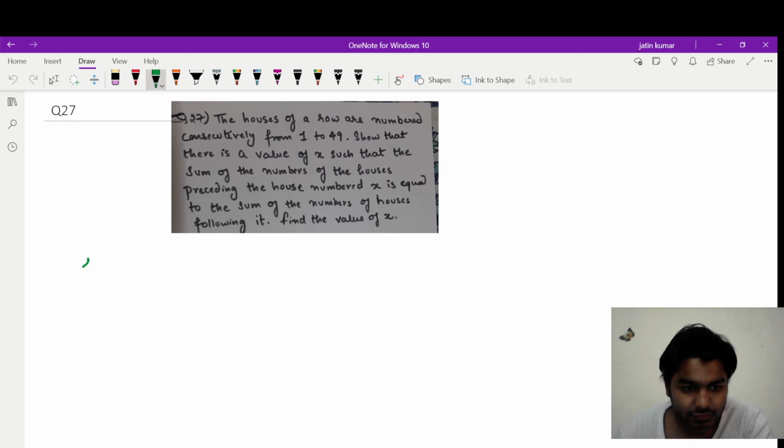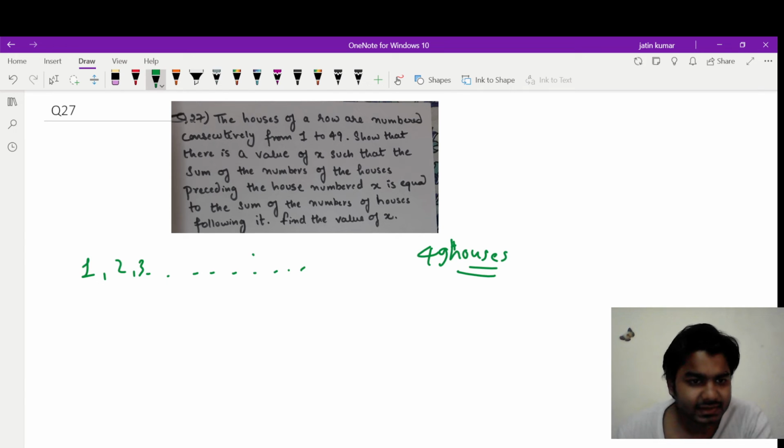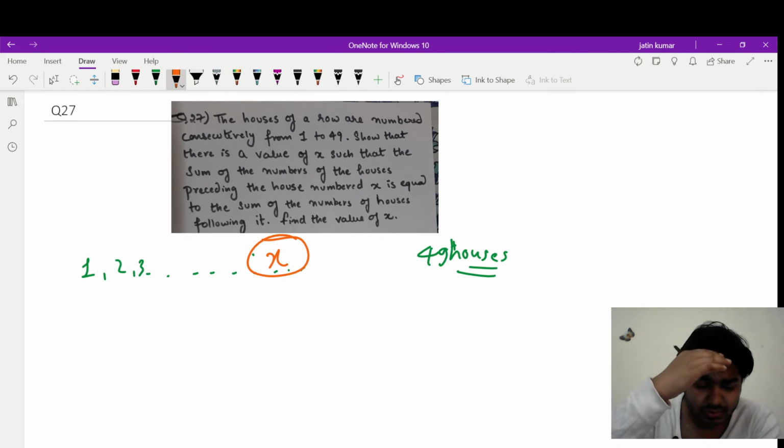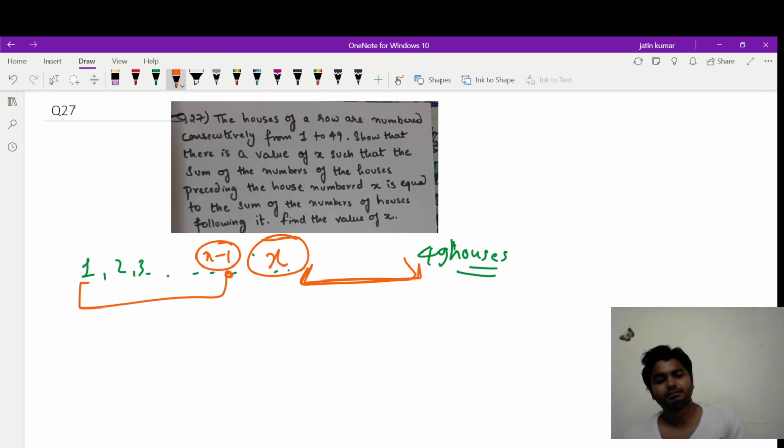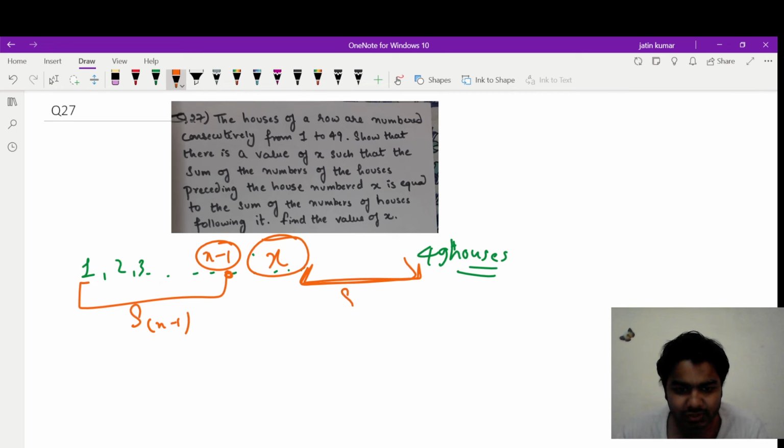Suppose there are 49 houses, 1, 2, 3 till 49, right? And there is some house x somewhere in the middle, so that the sum preceding this house, which is x minus 1 houses, will be equal to the sum of the succeeding houses. So the sum of these x minus 1 should be equal to the sum of